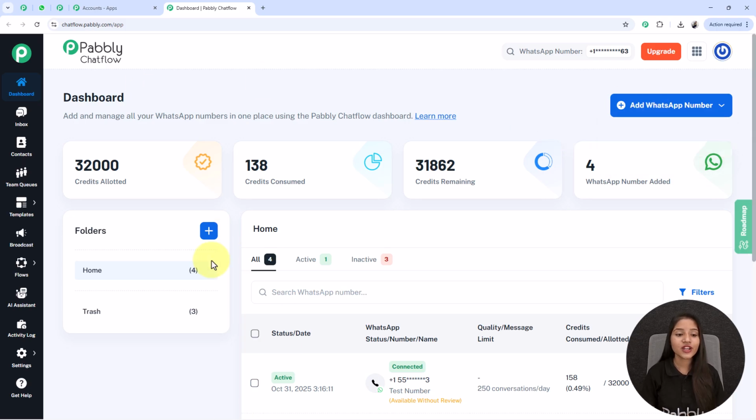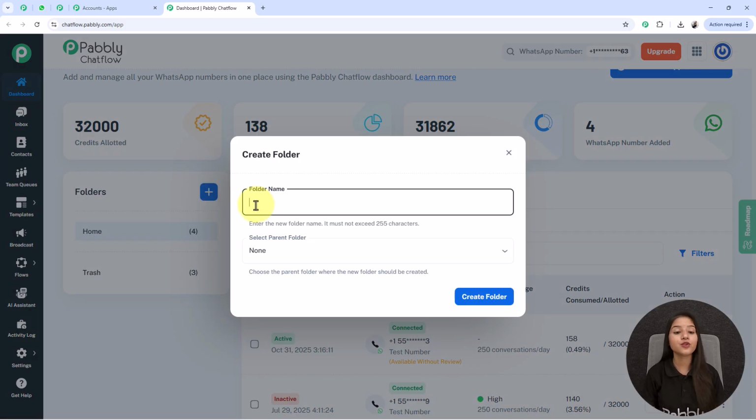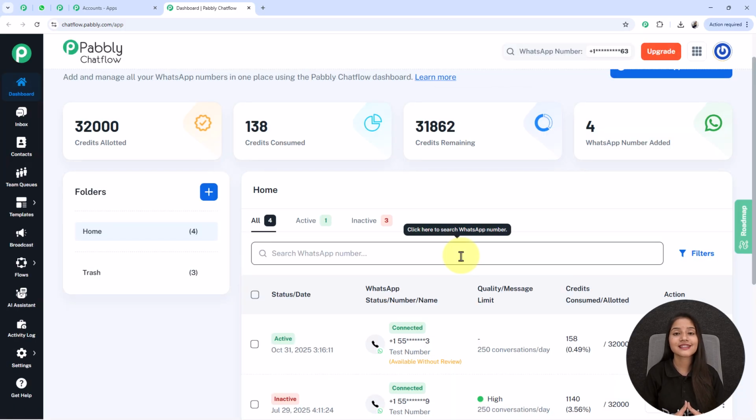And in this folder section, you can create multiple folders in your Pabbly Chatflow account by clicking on this plus option, where you have to write the folder name in this field and also select the parent folder from here. And in this home section, you can see the status of your WhatsApp number that was added into your Pabbly